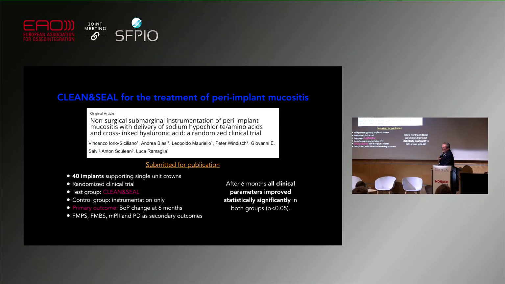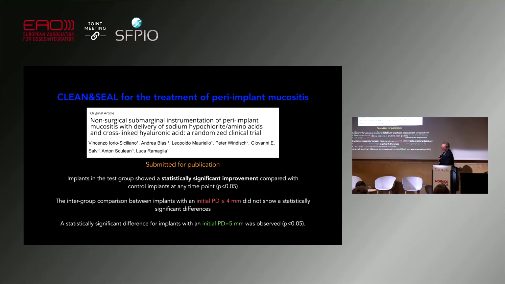And you can see that in both groups statistically significant improvement was detected, but the real statistically significant difference was found at the deeper sites, where the initial probing depth was at least 5 millimeters. So that means that from 5 millimeters, as Egle presented also several times, without having gingival recession, you have an improved healing inside. Here is a very similar factor, but you can see that without having recessions inside the defect,